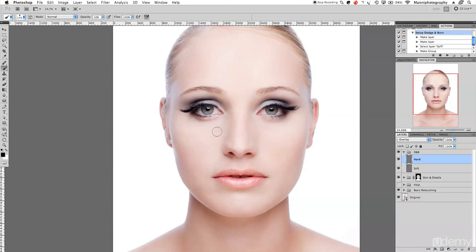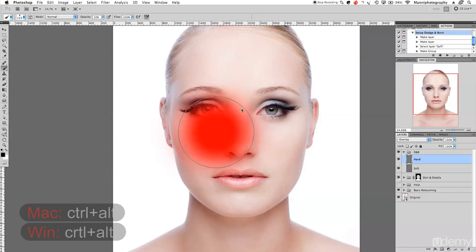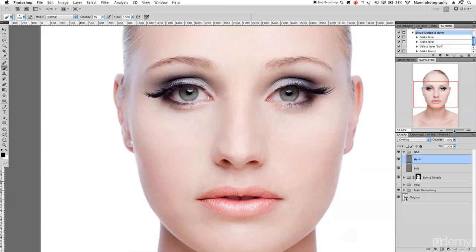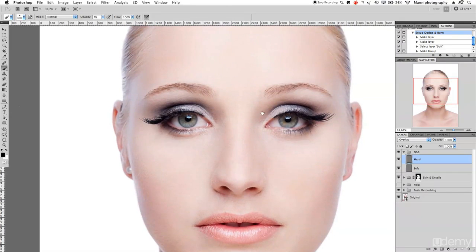Okay, so what I'll do is take my brush again, press Ctrl Alt and feather my brush quite a lot. Take it all the way down, and I like to keep my opacity at just 7%. On my hard layer, bear in mind again, hard layer harder, soft layer softer. So on my hard layer over here, I take my brush down a little bit again, and then just paint over here and again over here